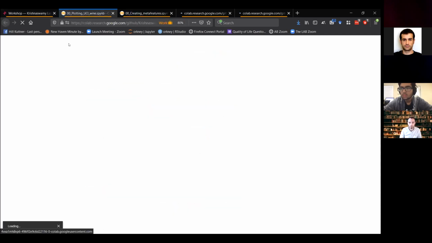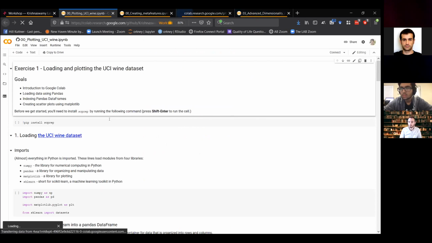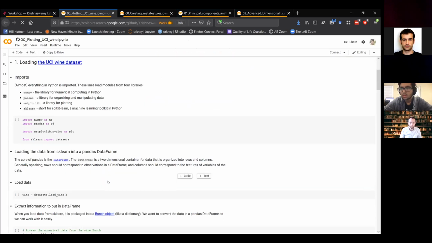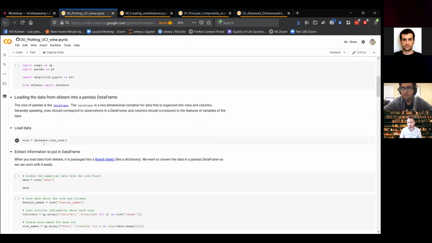First, we're just giving you a really quick intro into plotting data. So you'll be using scprep again. We've got some tools in there, and a data set called the UCI wine data set that comes from scikit-learn. It's basically some chemical properties of 100-odd bottles of wine, and you'll experiment with those features and see how you can separate different cultivars of wine, like a Shiraz and a Pinot Noir and a Sauvignon Blanc or something like that, different types of wine, and you can see how